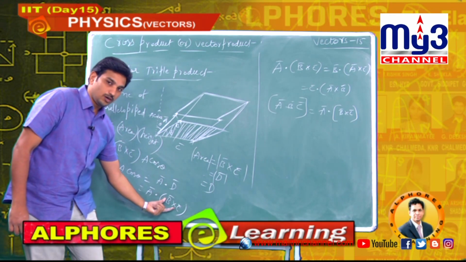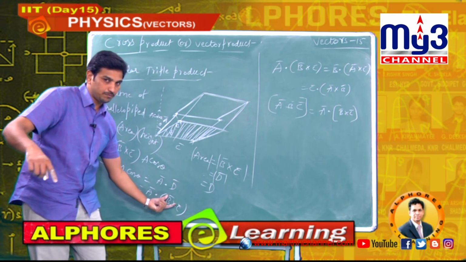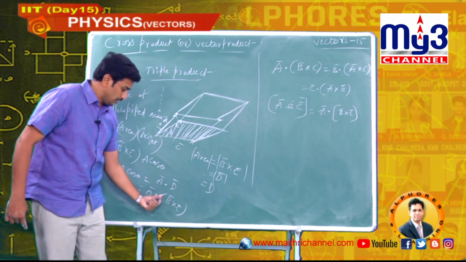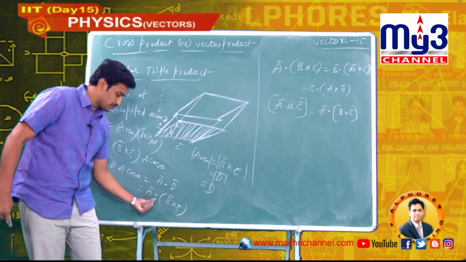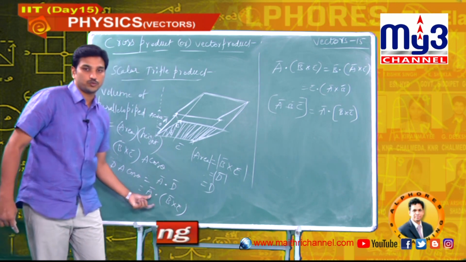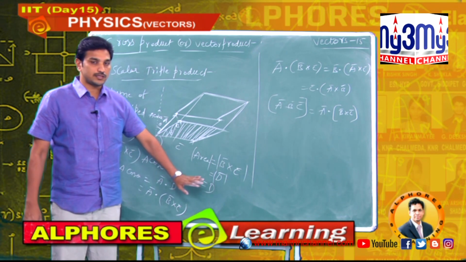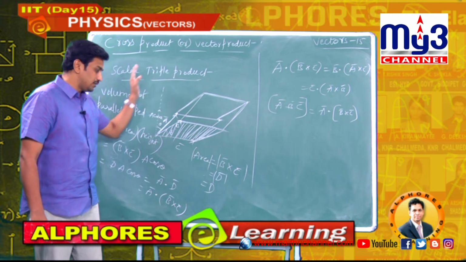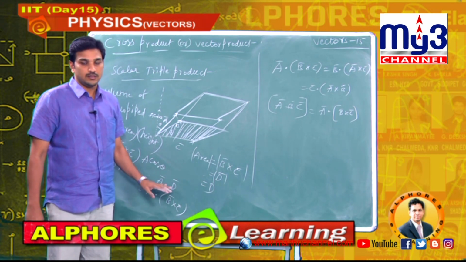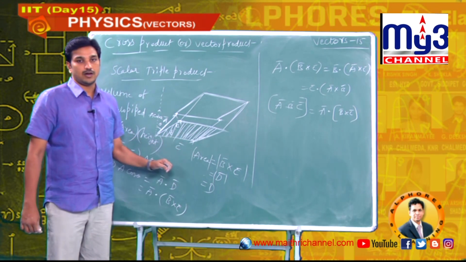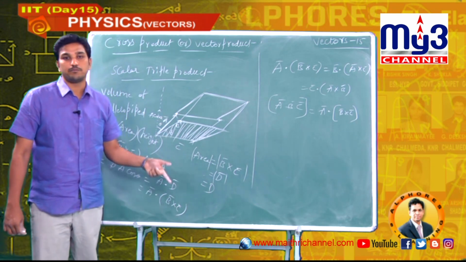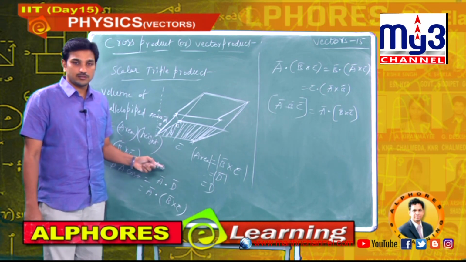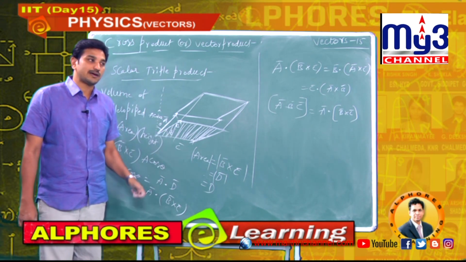See, B cross C, you know how to solve it. I cap, J cap, K cap, coefficients, finding the determinant, you know the process. We solved it yesterday and today. And after calculating these 2 vectors, you know how to solve the dot product of these 2. Simple, that's not that complex. Directly we can use the formula. Why have I given this information? Because you should know the concept, how we derived all these formulas, that is important for us. That is the reason we went through the details of the proof. After this, when you are applying it in numericals, we directly apply the formula.